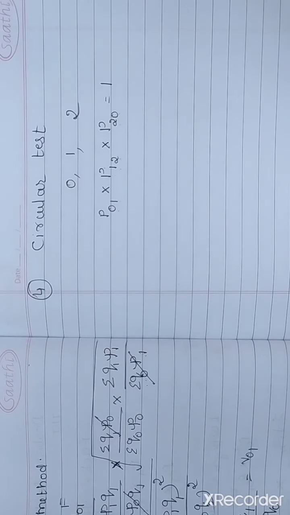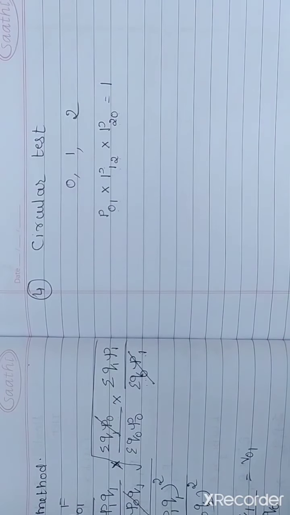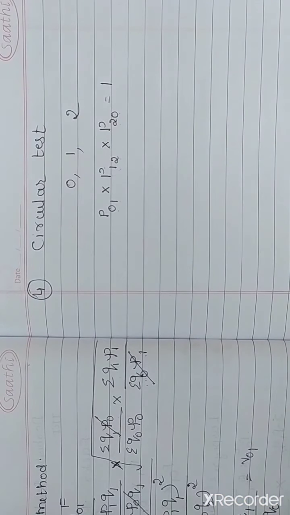This test is not satisfied by Laspeyres', Paasche's, Marshall-Edgeworth, Drobisch-Bowley's and Fisher's indices. This test is satisfied by Kelly's fixed weights or base method and the simple geometric mean of price relatives. So we will consider numerical problems based on time reversal test and factor reversal test in the next session.